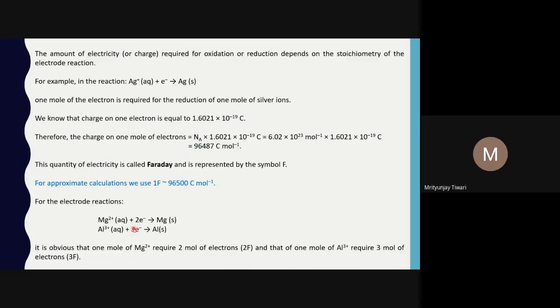So if you want oxide ion to get oxidized to oxygen gas O2, you need two oxide ions to get oxidized to an oxygen molecule. Here, one oxide ion contains two electrons, so 2 into 2, 4 electrons need to be removed to convert these two oxide ions into an oxygen molecule. And so the valency factor there will be 4.